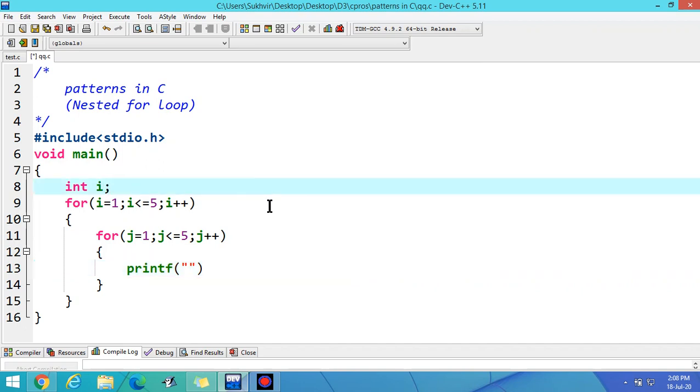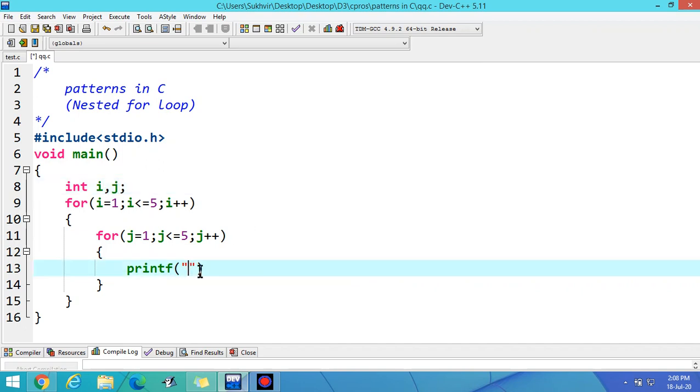I have to declare j here and write here %d with some space.